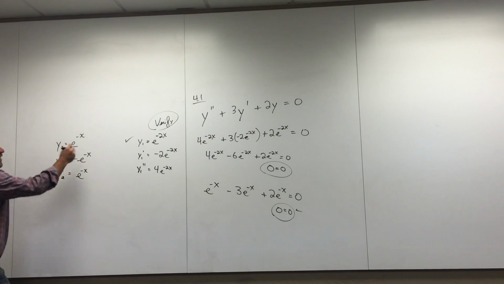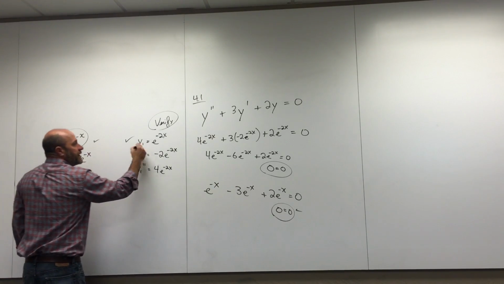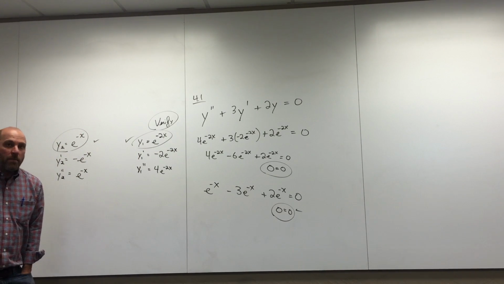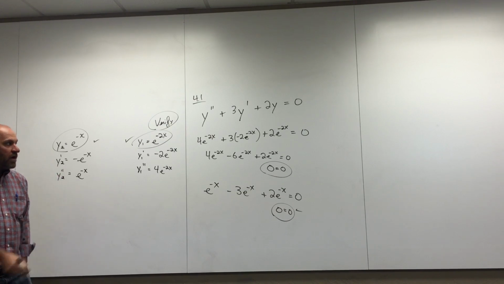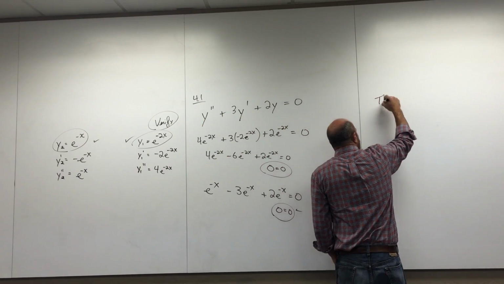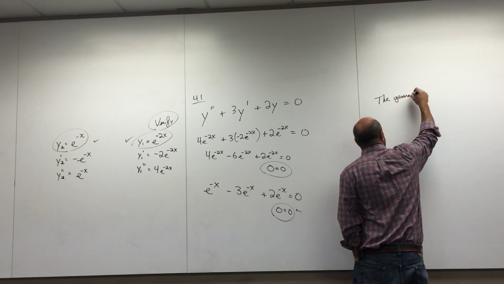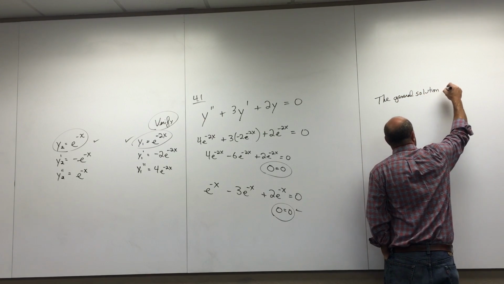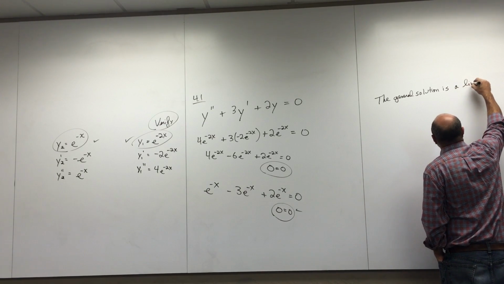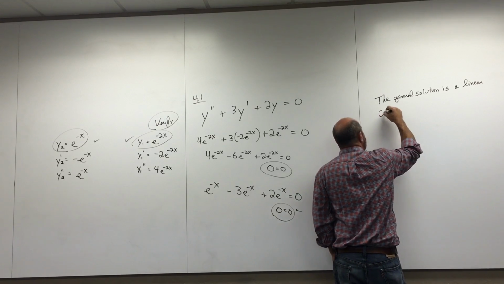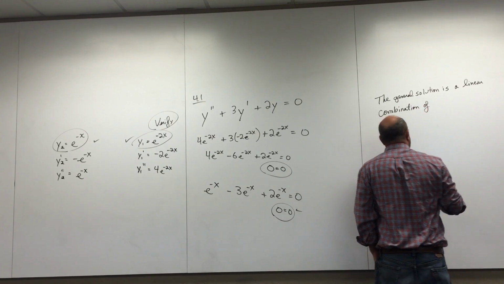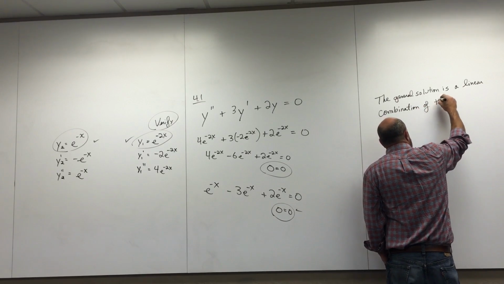So the truth is, we verified these 2 solutions here. And then what we do is we form the general solution from these 2 solutions. So the general solution to this DE is, I'm going to say this, a linear combination. It's called a linear combination of the